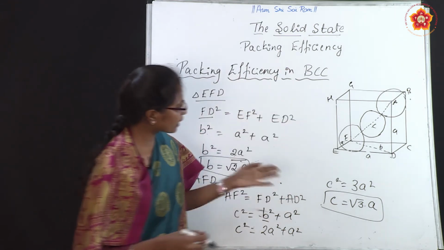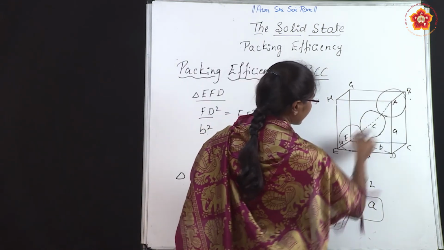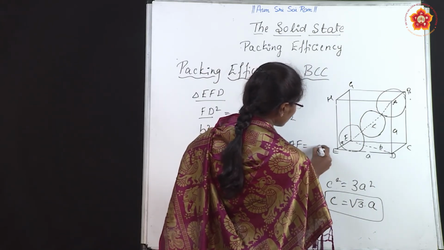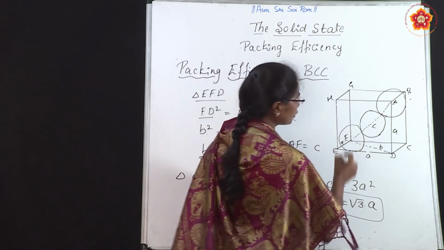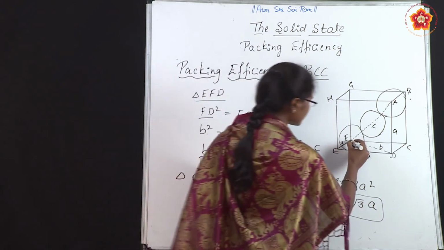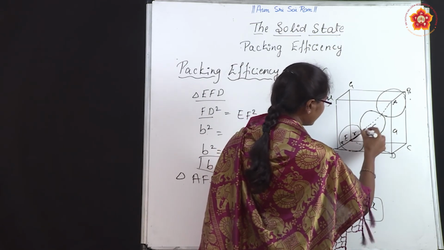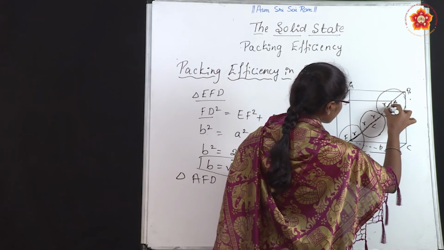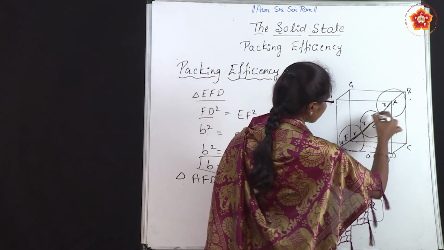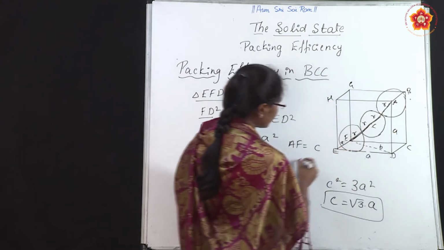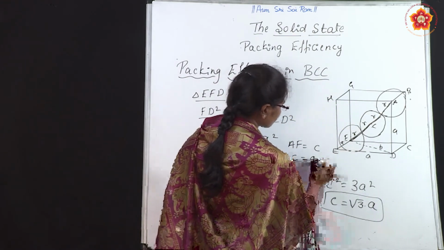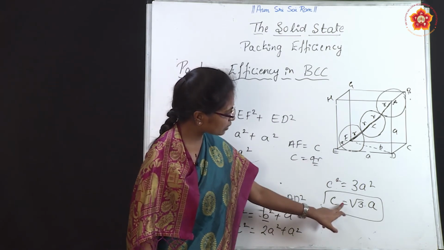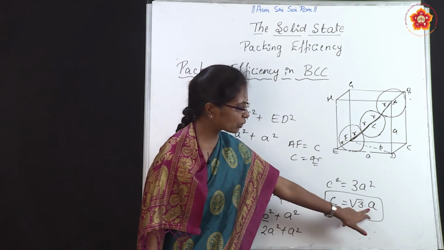So here you may get confused, what is AF? AF is equal to AC. Okay, AF is equal to C here. So here you know the radius of the sphere, right? Radius, this one is R. Okay, here R, and this is R and this is R, and here one R. You just consider this whole line, R plus R plus R plus R. How many are there? So C equal to 4R here. So we know the C value here. What is the C value? C is equal to root 3 into A.